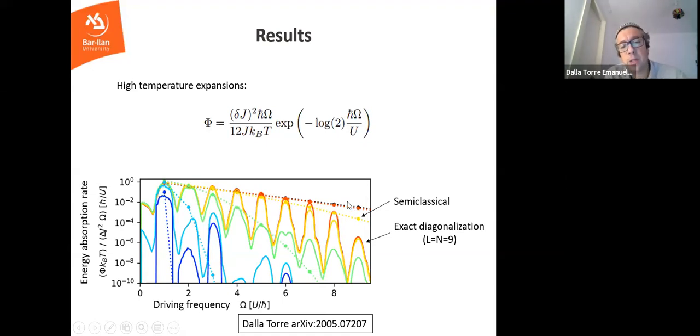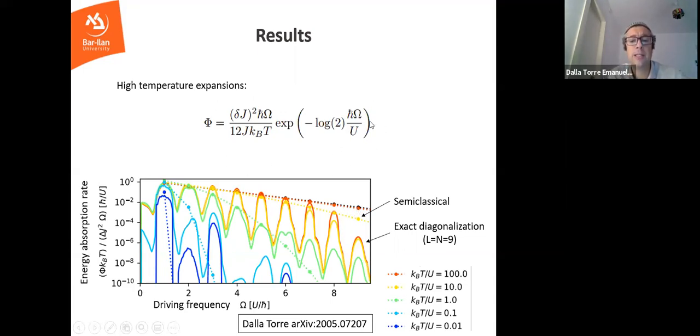The black curve here is the high temperature expansion, and the dashed lines are the semiclassical approximation that I can do analytically at any temperature. At high temperatures, like you show here, these red and black are the high temperature limits. So in the high temperature limit, I really have a closed expression. This is what is shown here. And for finite temperatures, I need to solve some self-consistent numerical equation. It's a very simple calculation, not heavy numerics, just solving some closed expression. But there is no analytic expression for it.